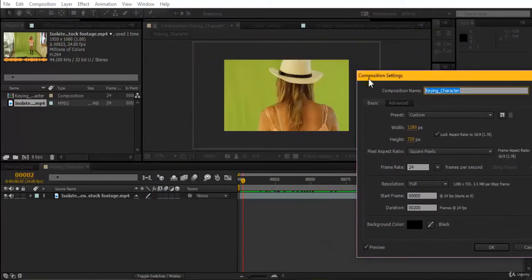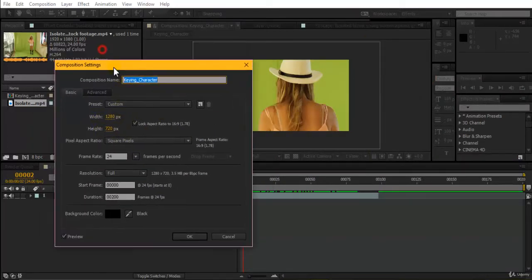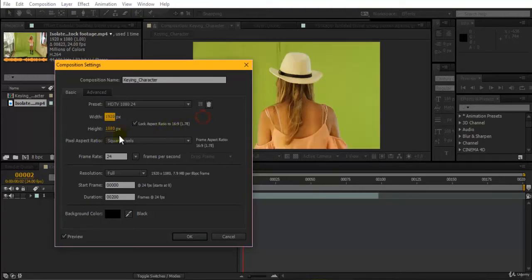If you can see a bounding box over here, I was able to make out that there is some mistake I have made while creating the composition. So make sure you are not working on a 1280 720 composition, as your original footage is 1920 1080. No issues, nothing to worry. You can just go to width here, and manually type in 1920, and it will automatically change this to 1920 1080. So width is 1920 and height is 1080. You can now see that it has been scaled up.